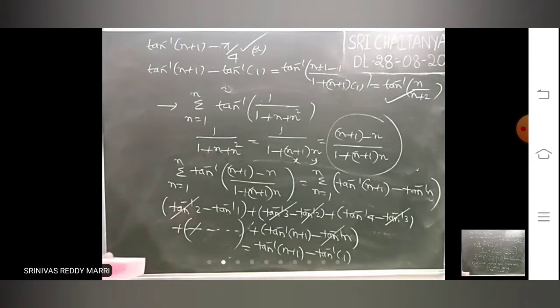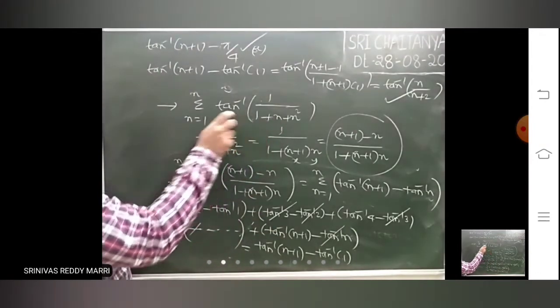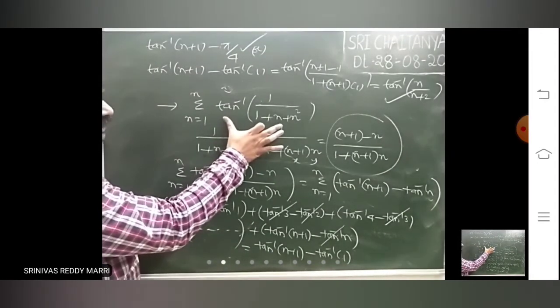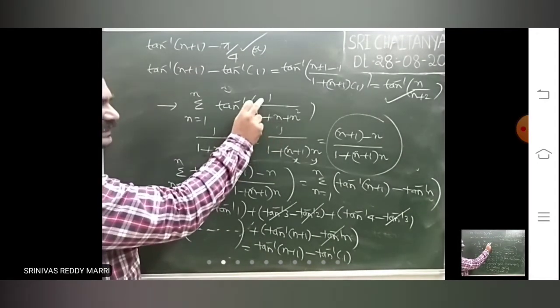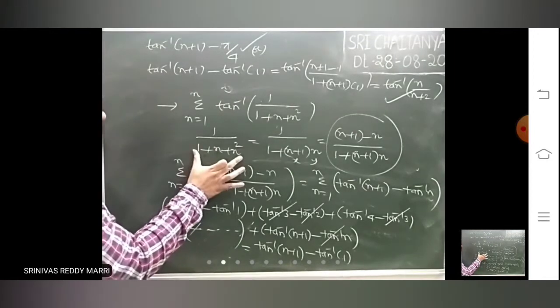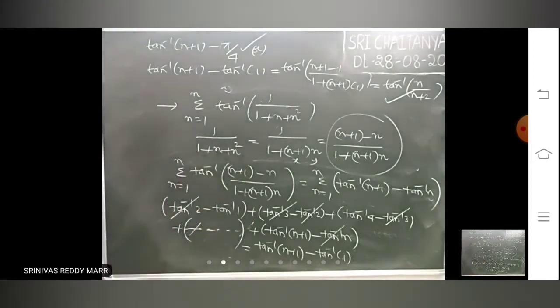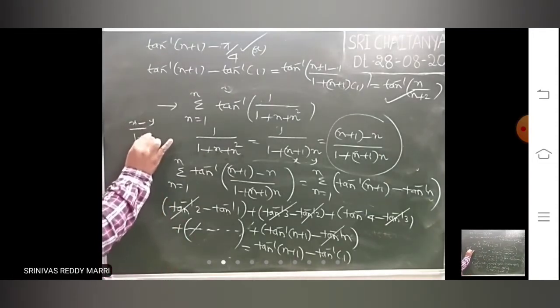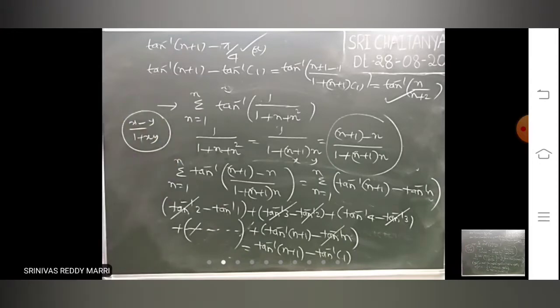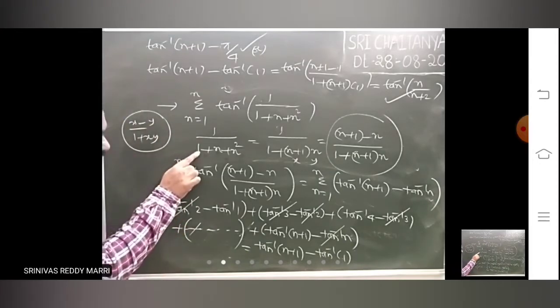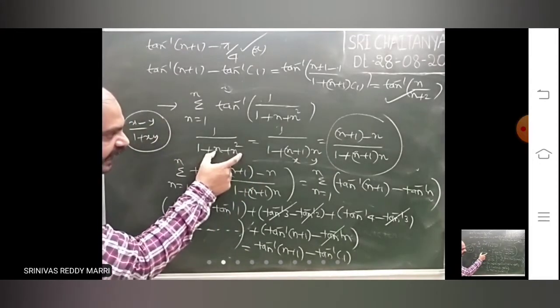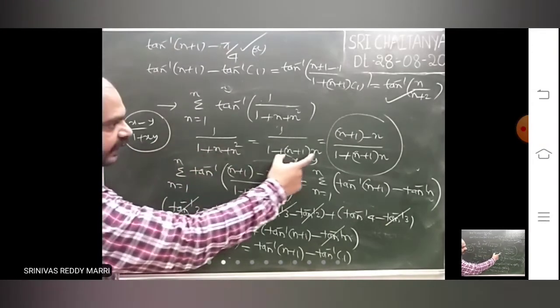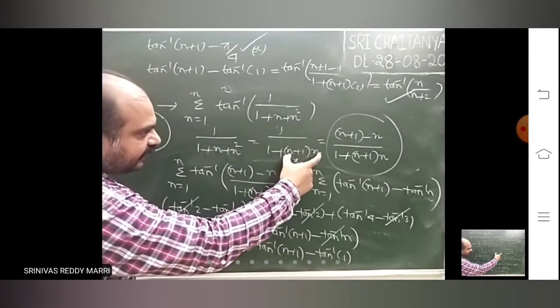Look at them, I will explain once again. Look, simply: sigma n equal to 1, tan inverse is there. Just inside tan inverse, whatever is there, you took this. Right? This you have to convert into the form x minus y divided by 1 plus xy. This is the form you have to bring out. First step: 1 is already there. Write it as the product xy. This I have written as n plus 1 into n.